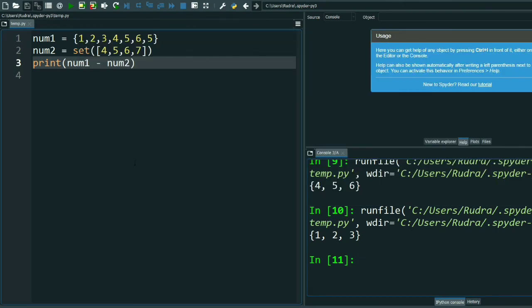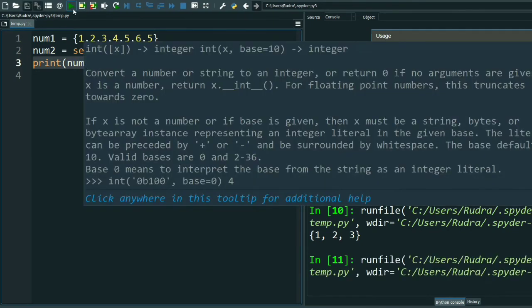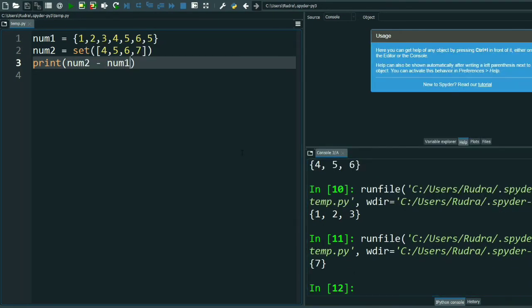So 1 2 3 is printed. Suppose you may ask what will be num2 minus num1. Let's see that also. See, only 7 because 4 5 6 is common. So only 7. The number which I give first, num2 here, the num2 value that is not there in num1, that will be printed.